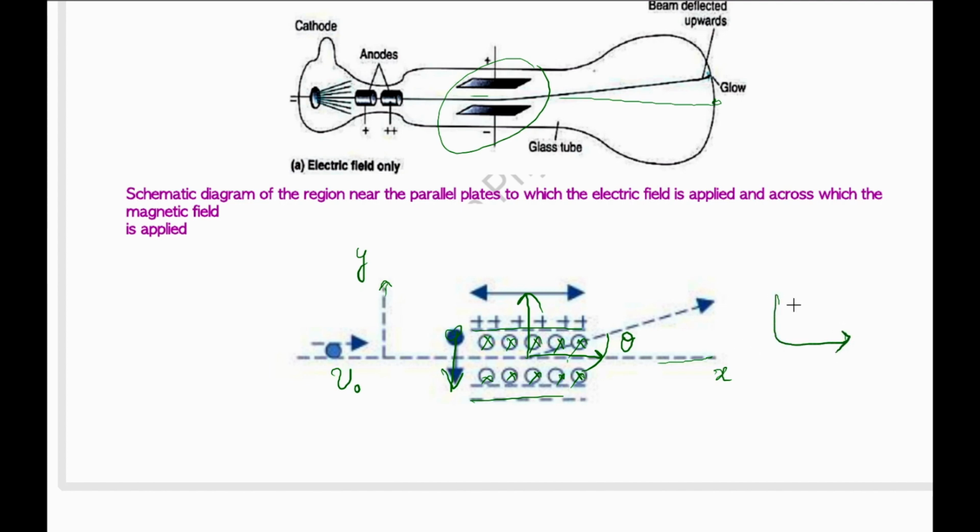So the velocity along the x direction is Vx and the velocity along the y direction is Vy, and the ratio of these two quantities is the tangent of this angle theta here. So tan theta is equal to basically Vy over Vx,